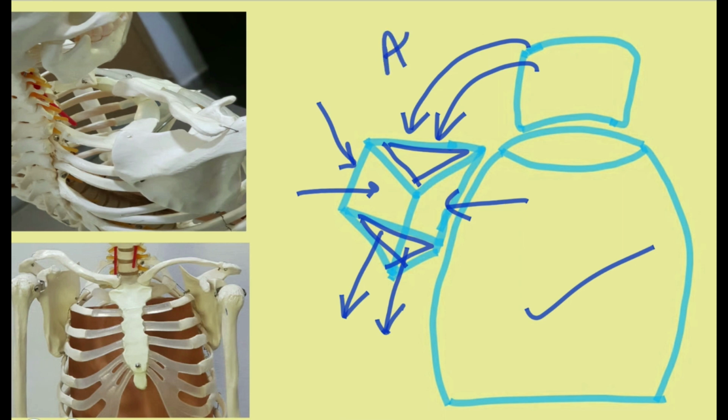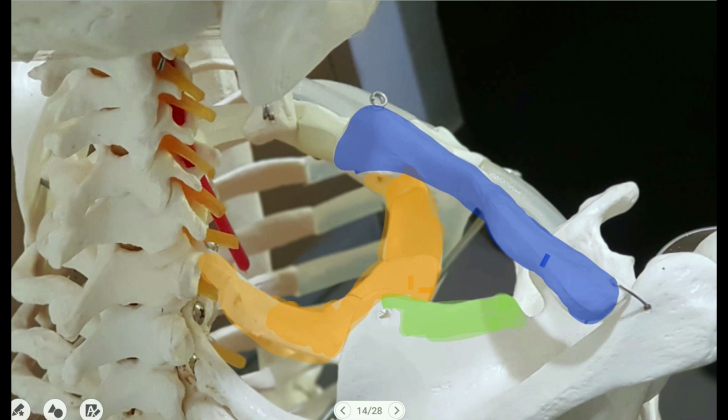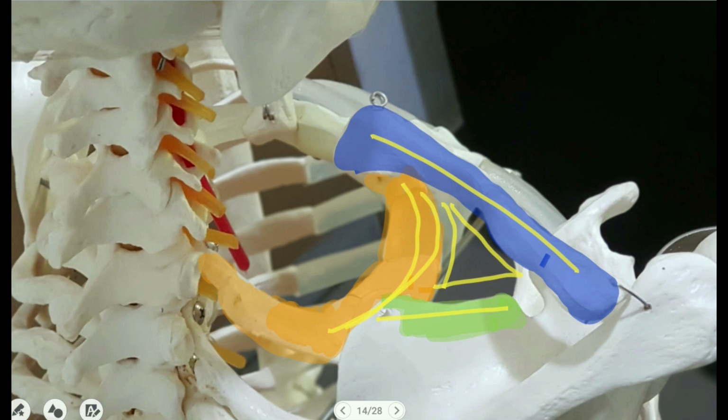The only option is the apex or the base of the axilla. That's why understanding the apex and base is more important. Look at here. We're looking at the axilla from the top view. This is the clavicle, this is the scapula superior border, and this is the outer border of the first rib. What is in between these three areas? We have a triangular shaped area in between three structures: between the clavicle, between the scapula superior border and between the first rib. This is the apex of the axilla.